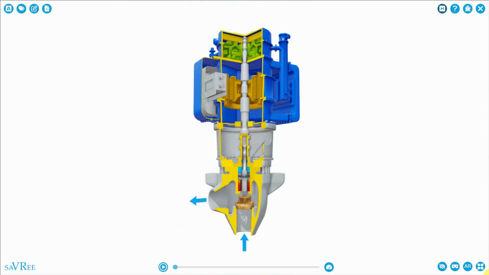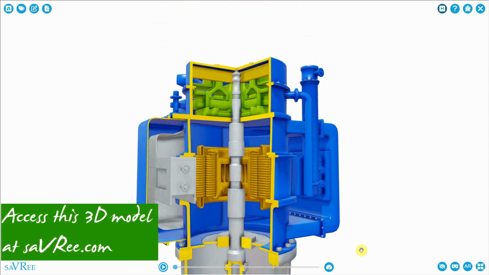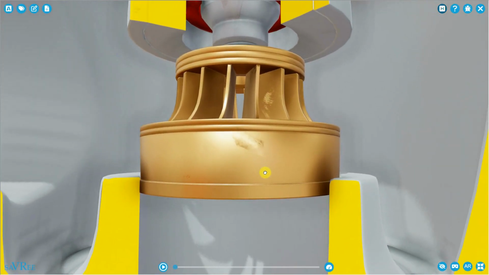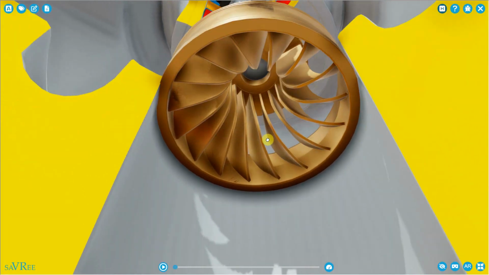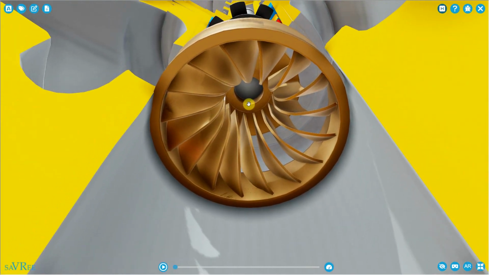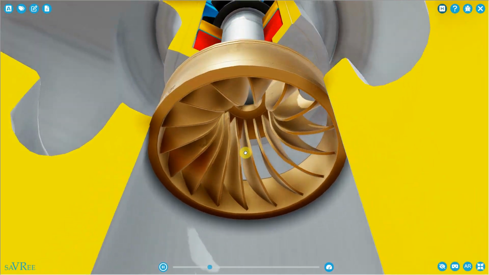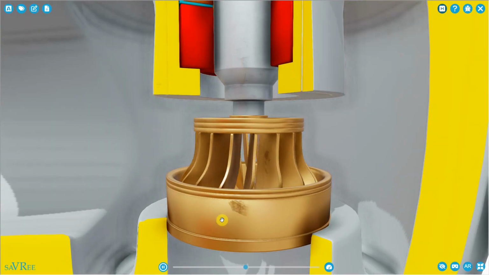Here is our reactor coolant pump, RCP. It's probably one of the largest types of pump that you're ever likely to see. The impeller itself looks very similar to a Francis turbine, if you've ever seen one of those. The fluid, in this case liquid, is drawn into the center of the impeller. Let's just put that into motion. It's drawn into the center of the impeller, and then we're going to throw or discharge the fluid outwards, and